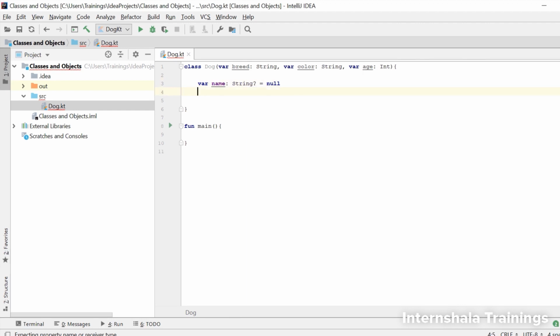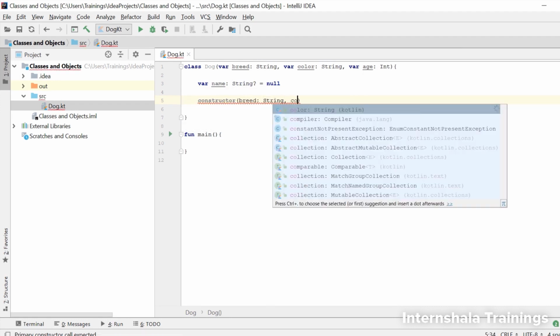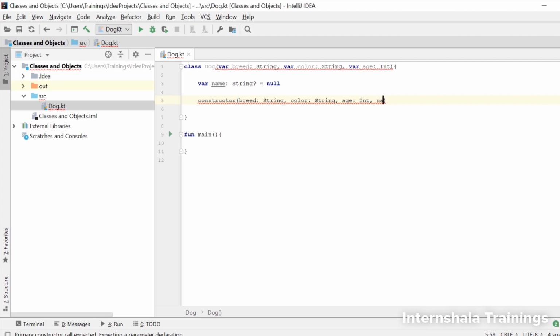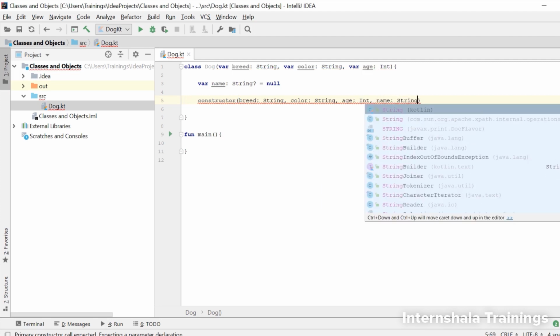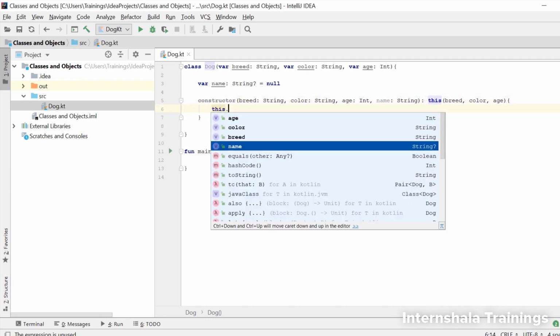As we had done in the previous case, whenever we want to have a secondary constructor, we need to declare the variables and then create the constructor body. So we use the keyword constructor, and then inside these parentheses, we will have to pass the constructor variables for both the primary and the secondary constructors. We pass the primary constructor variables, and then here we have passed the variable name. Then we put a colon. Then we call all the primary constructor variables in the secondary constructor using the this keyword. Then we use the curly braces to create the constructor body.